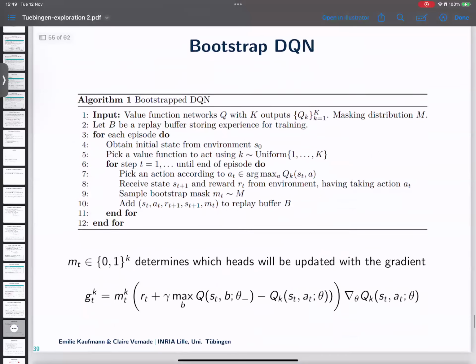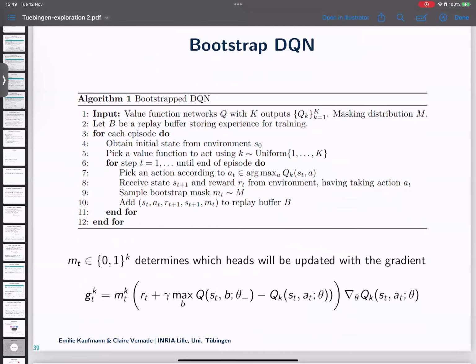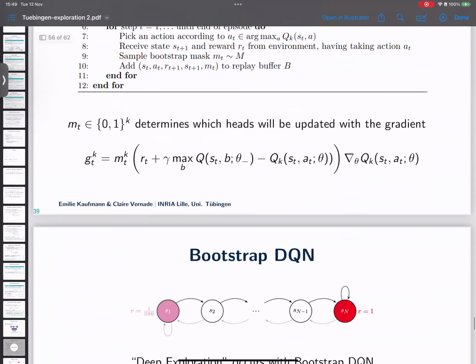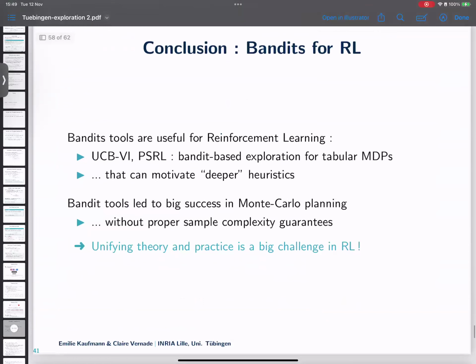The assignment and the tutorials are mostly about the first part of the class, so you won't necessarily need those things. But if you're interested in reinforcement learning theory, or rather principled reinforcement learning algorithms for which we can have guarantees, this is essentially what my group does. So it might happen in the future that I will have interesting topics for you to work on in the group. So, if you're interested to work on this kind of problem, beyond bandit algorithms, but generally on directed exploration in reinforcement learning, feel free to reach out to me.